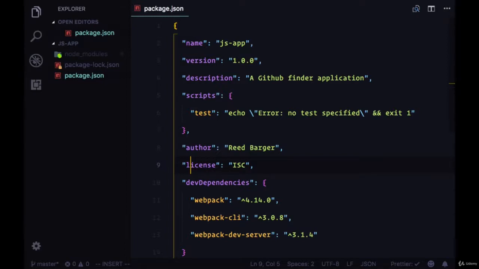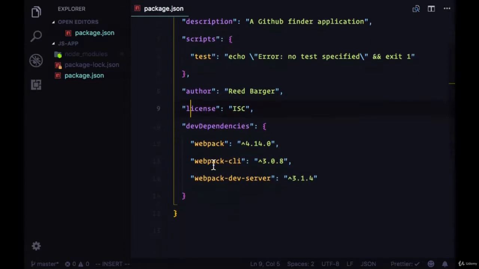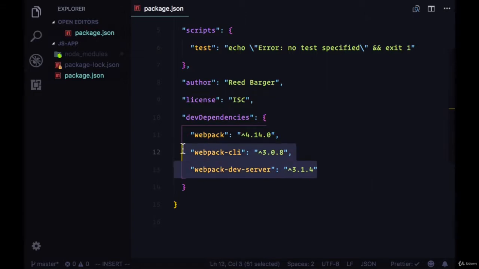So now that we've npm installed those three packages, we should see a new entry in our package.json file with the title devDependencies and all three of those dependencies listed within it. So we're going to make use of these three Webpack dependencies, but first we're going to create some folders for